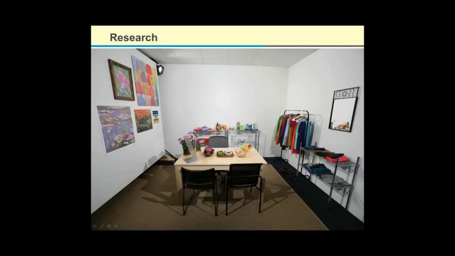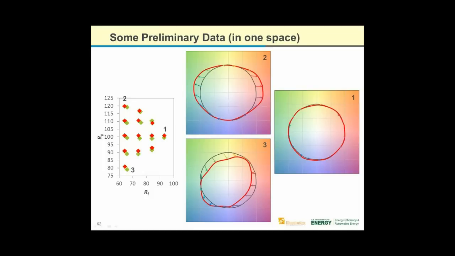Moving to the research segment of the industry, something I'm directly involved in. This is actually an experimental setup that we just completed the initial experiment in a few weeks ago. So this is at PNNL here in Portland, Oregon. In this experiment, it's really preliminary data, and we just got the data, and it just made it into this webinar. So this is very preliminary, but I'll share it with you, and you can look for more on it